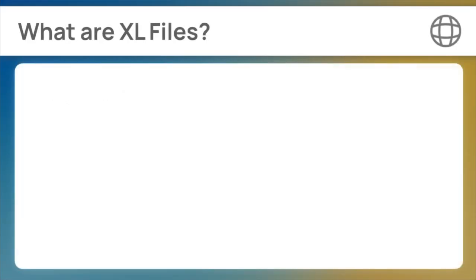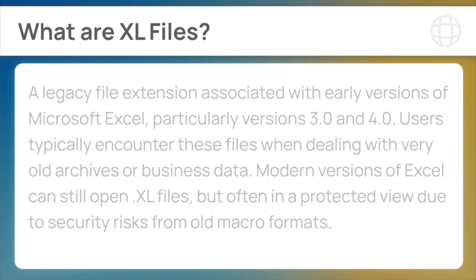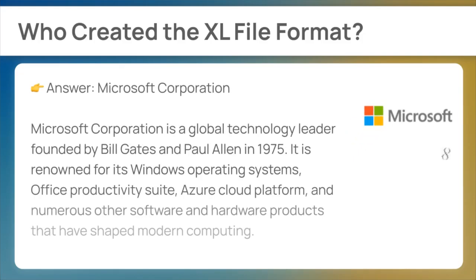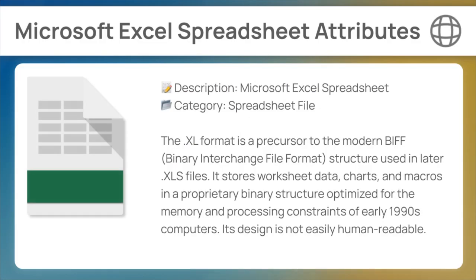A legacy file extension associated with early versions of Microsoft Excel, particularly versions 3.0 and 4.0. Users typically encounter these files when dealing with very old archives or business data. Modern versions of Excel can still open Excel files, but often in a protected view due to security risks from old macro formats. The Excel format is a precursor to the modern BIFF, binary interchange file format, structure used in